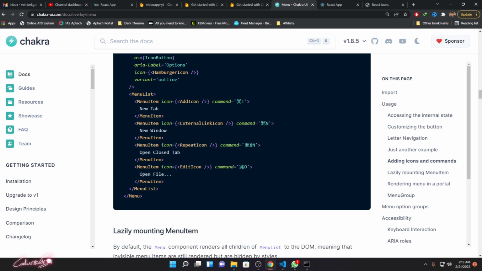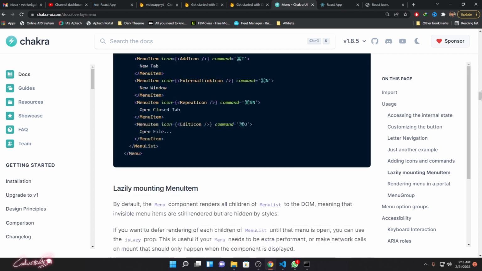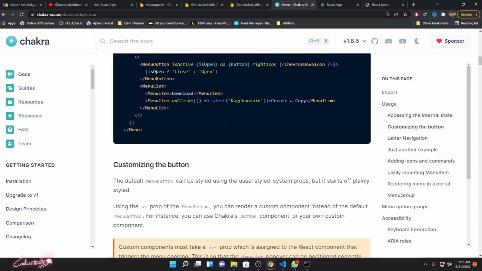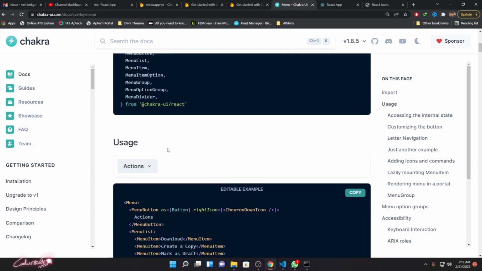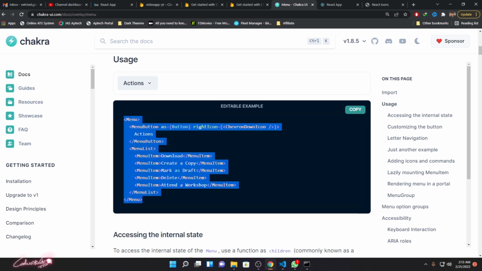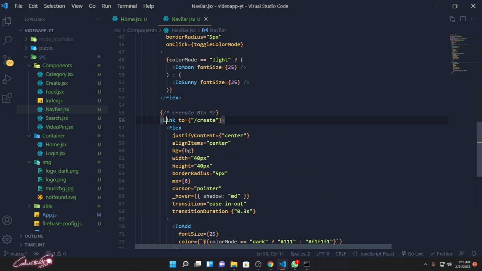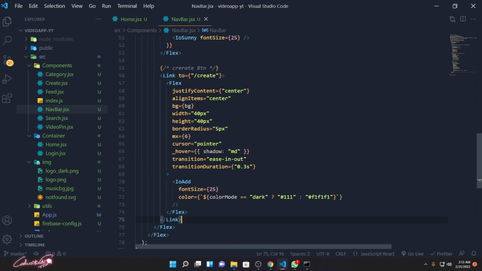Okay, so just go ahead and create all those things. Choose whatever design you're going to use. Okay, so I'm just going to use the basic one, the first one. Where is it, this one, a very basic one. Cool. Okay, so now what we need to do is copy these things. So let me copy it, and where this flex is ending, this link, after this link only, I think